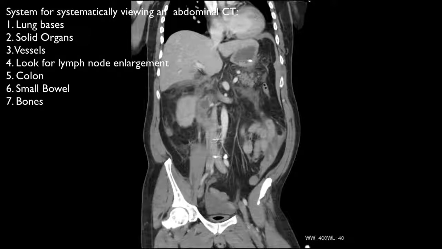You have to accept the limitations of CT, and you'll certainly miss small polyps. You may even miss small malignancies if there's a lot of feces or the bowel's collapsed. But have a look anyway. And then look for small bowel, looking for small bowel dilatation in particular. If you do see that and you're worried about small bowel obstruction, you need then to follow the small bowel around, looking for where there's a change in the calibre, to look for the transition point and the cause of small bowel obstruction. Once done that, I'll look at the bones and change to bony windows